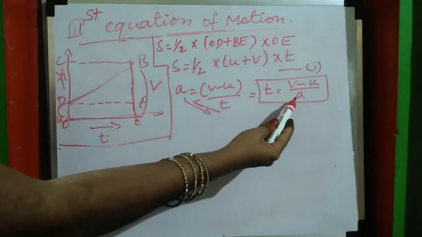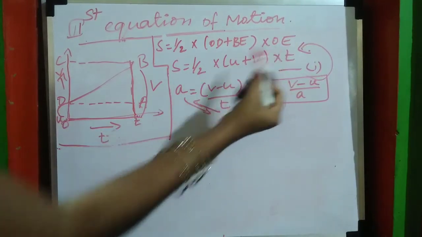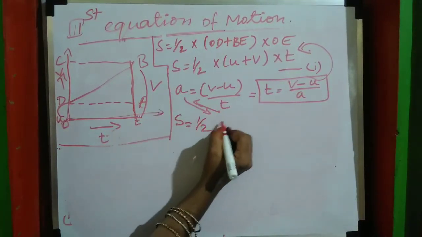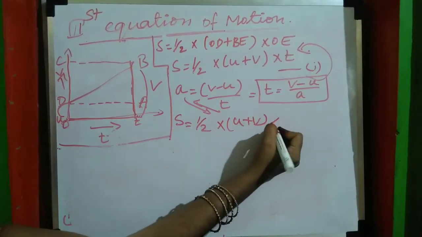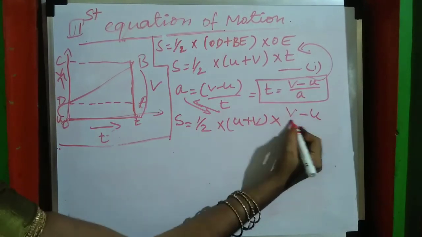Apply this time value in the first equation. Write this equation. S is equal to half into u plus v into the time equation v minus u